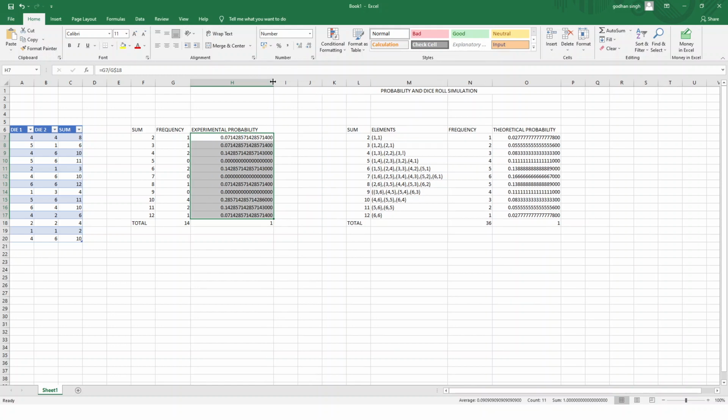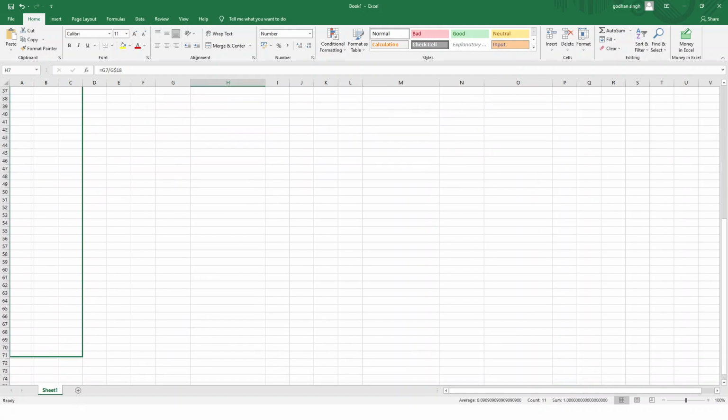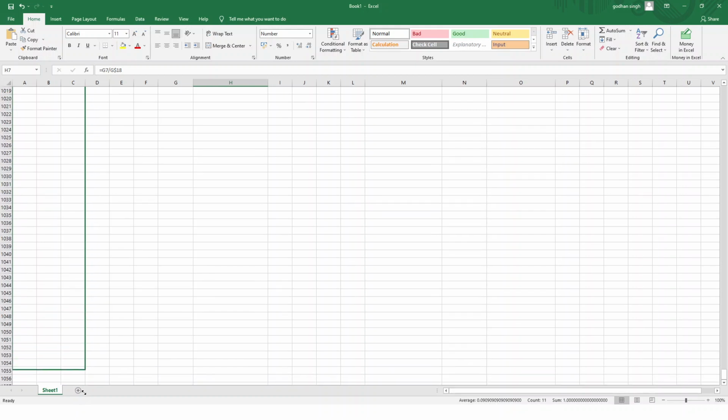So what we'll do is we'll increase our number of trials and see whether there is any improvement or not. So let us just drag this downwards and see. And we are dragging this, and here let us go more than say 1000 trials.